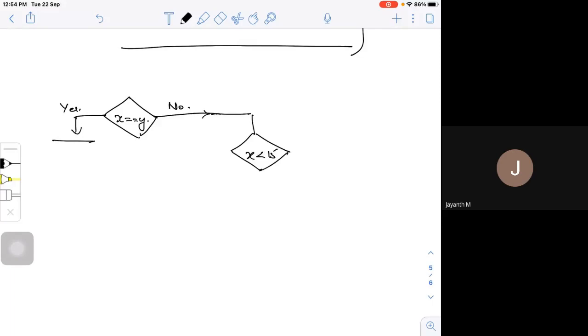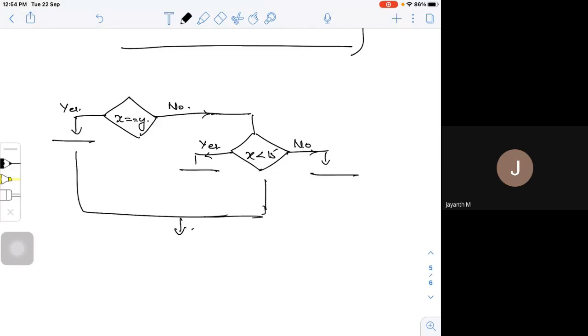Here also I will get yes or no, and I will have a print statement for each. Then all the branches should converge somewhere here and my program should work. So it is one statement inside the other.